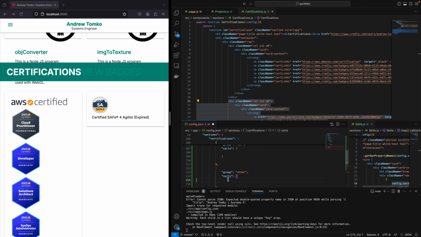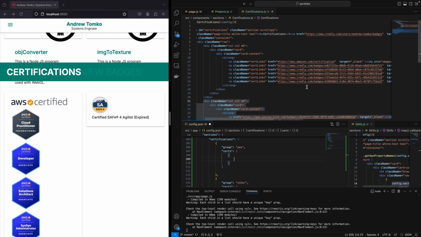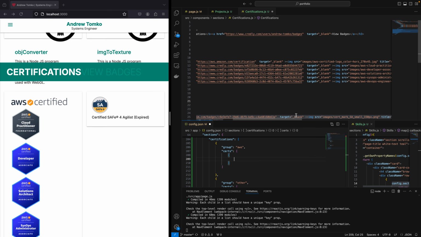Yep, and it's supposed to be an array. And let's see. And now I'm supposed to have my first cert, which is,